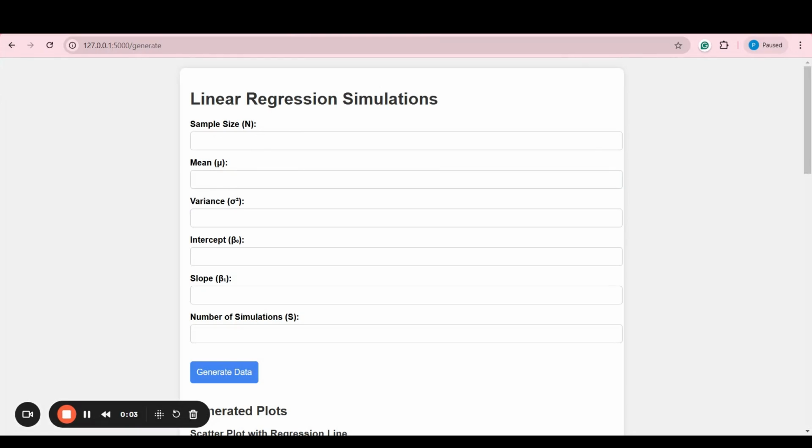So in this demo, I'm going to show you the latest features I added to my regression analysis web application. I've recently enhanced the tool with new functionality for hypothesis testing and confidence interval analysis, allowing for deeper insights into our regression models. So I am going to put the sample size of 50,